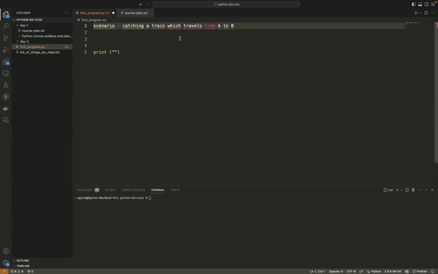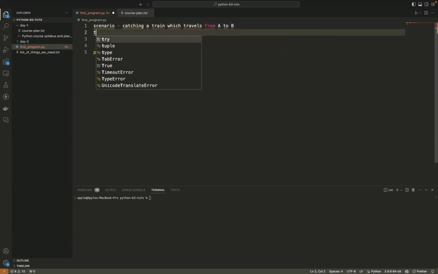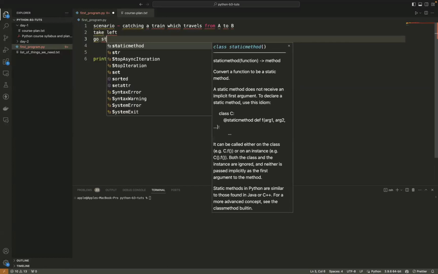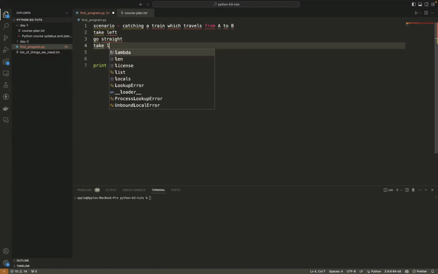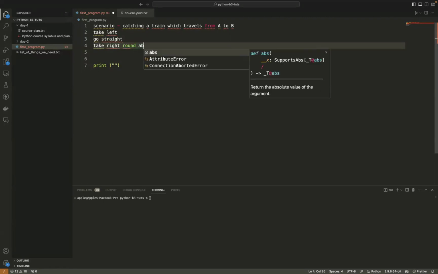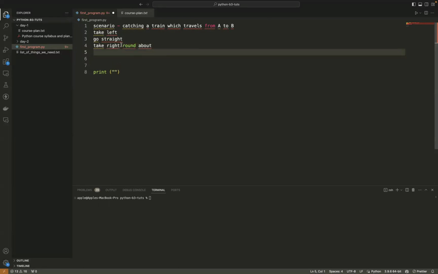For this passenger, suppose the instructions are: take left, go straight, take right at the roundabout, and then you can see your platform. That's it.